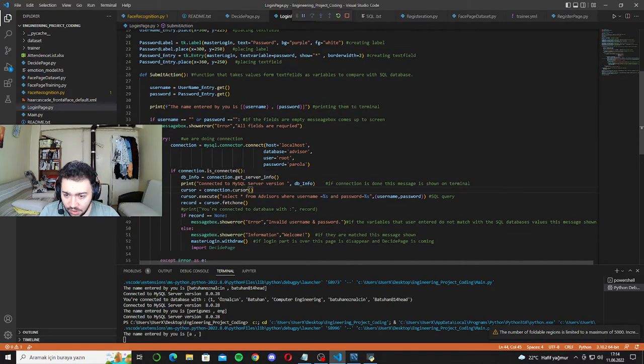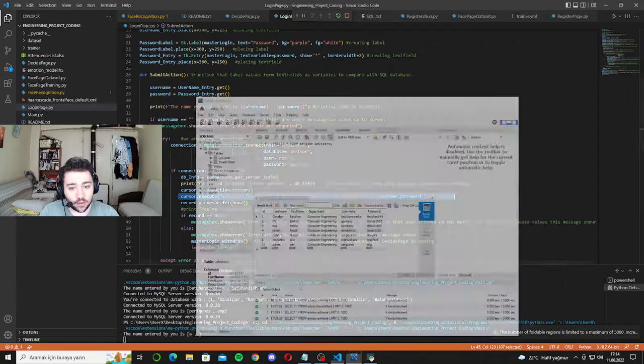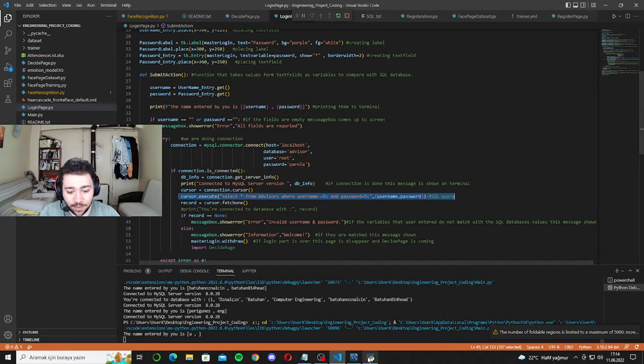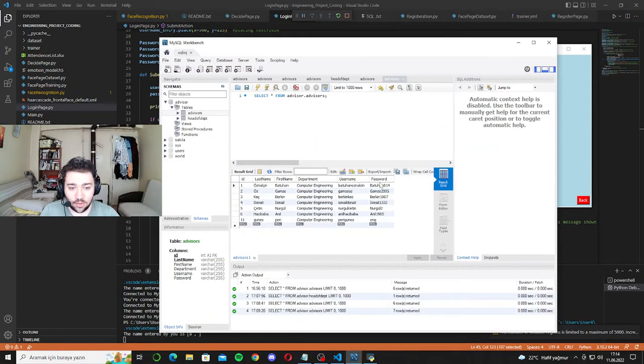Then the username and password information from the database is compared with the username and password that the user entered here. If there is no match, like A and B,